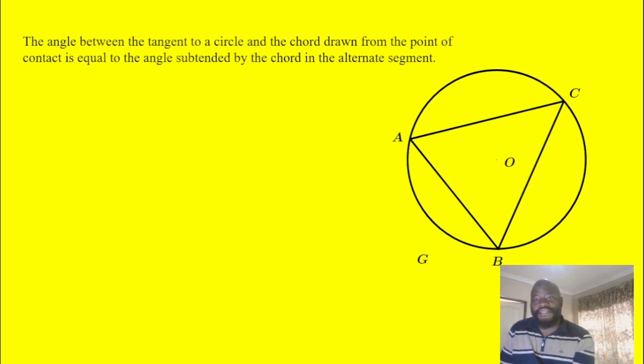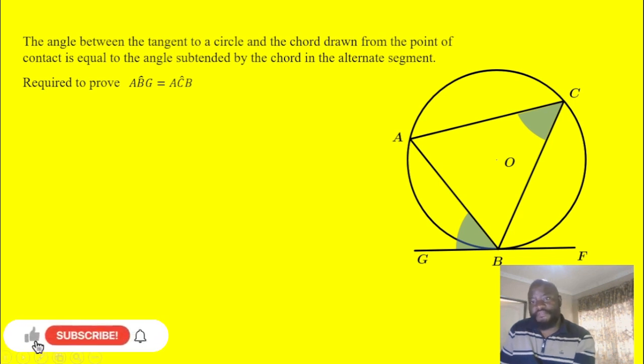So if we have G outside, we draw a tangent touching the circle at B to a point F. Okay, so now this theorem says we are required to prove that angle ABG and ACB, as highlighted over here,